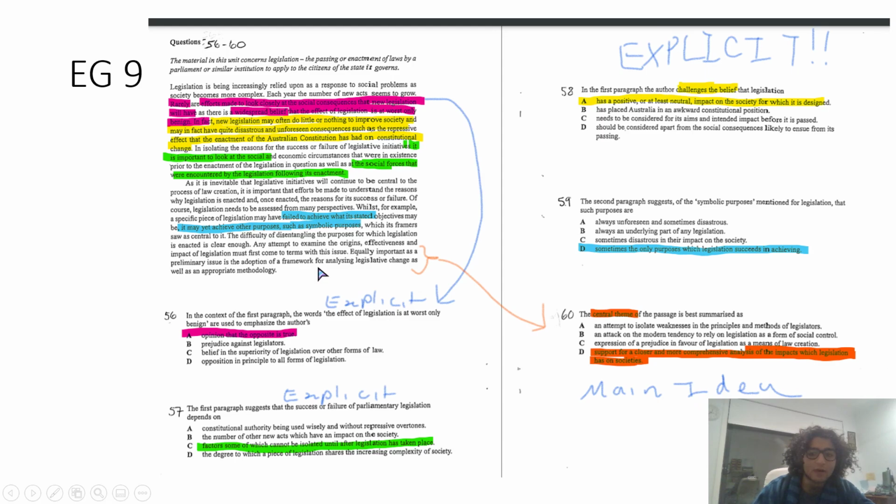Now, he's saying that it would be better if we had something to judge that, which is D, the main idea. So just from reading carefully, you're able to spot all these things. You might be thinking, how did you spot all these things? All I did was read it carefully. I spent longer than I thought I needed to read it. I didn't just skim through it. I read through it and understood the whole thing. Now the main idea is in my brain. I understand it super clearly. So 60 is just asking what the main idea is. I didn't even need to look back at the text. I just saw it. Answer is D.